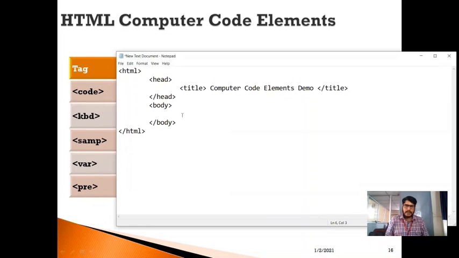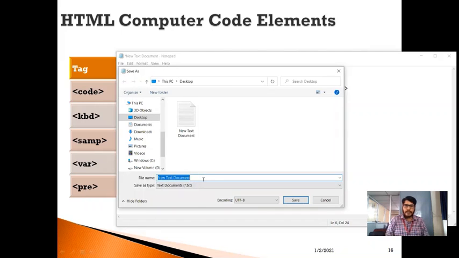Before this, let me show you the normal text. This is a normal text. Without using any kind of tag, I'm going to use just one sentence: "This is a normal text." Now let me save this with the HTML extension on the desktop. Let me save this one as COMP demo